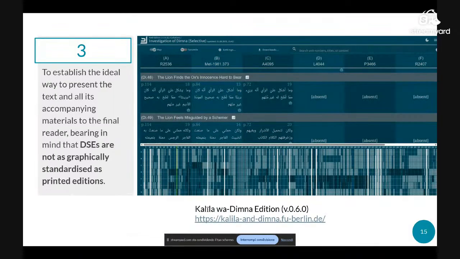The third reason is that when you are planning a printed edition, usually the way you can arrange the text on the page is quite standardized and fixed. So there aren't many different opportunities to visualize the text differently. But in a digital edition, it is different. You have more freedom. But because you have more freedom, you also need to think about how you really want